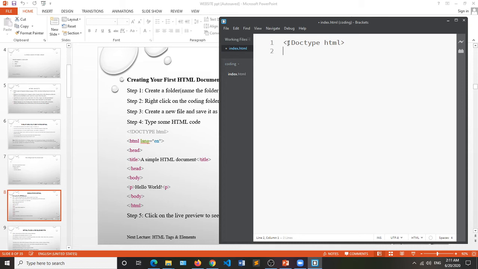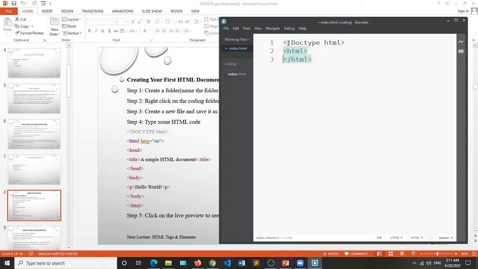You can see the line numbers appear automatically. You do your open HTML tag, and then it automatically gives you your closing tag. The text editor knows that once you create an opening tag, it automatically gives you the closing tag. But for beginners, you should type it yourself so that you get more understanding of it, even though it will still do it automatically.